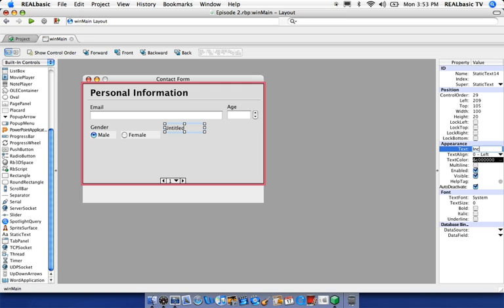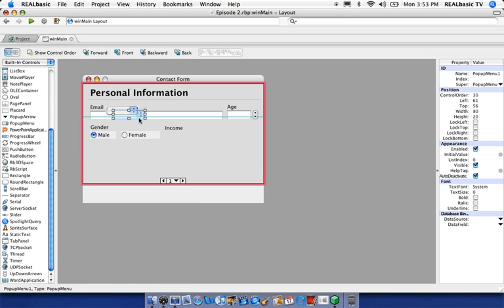And let's change the text to income, and locate your pop-up menu control, which looks just like this, and double click it to add it to the window,